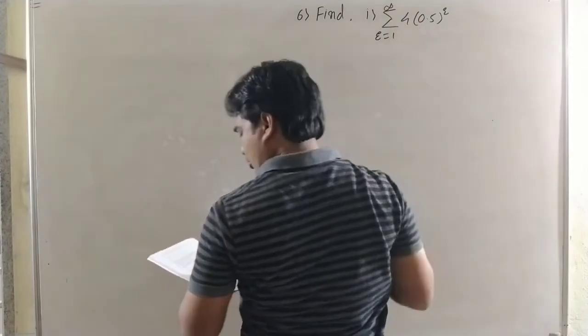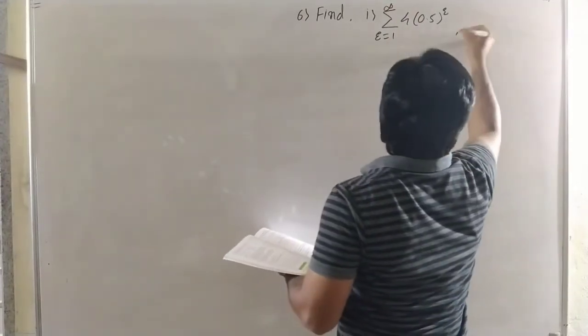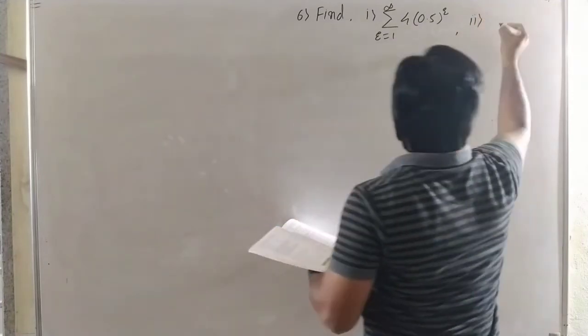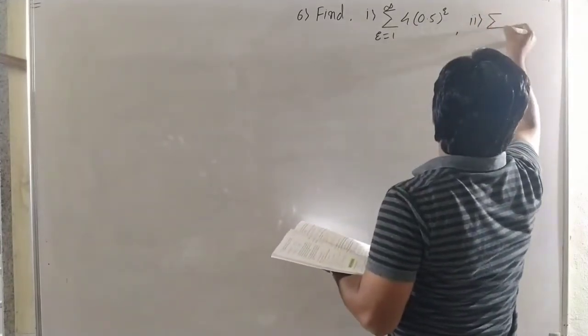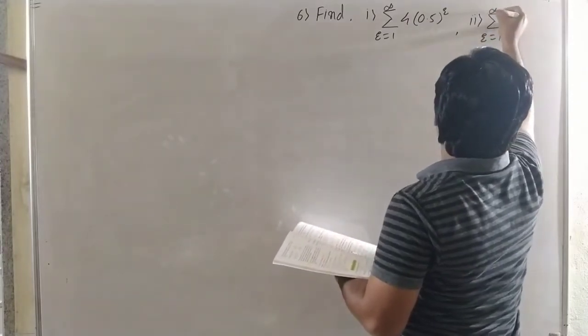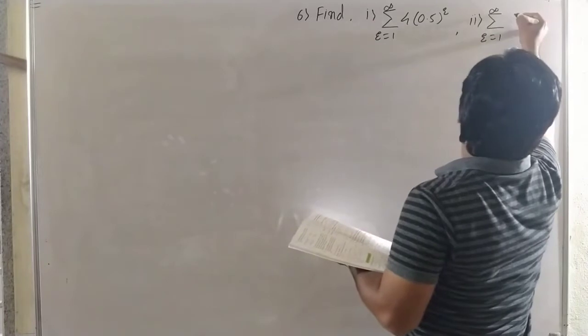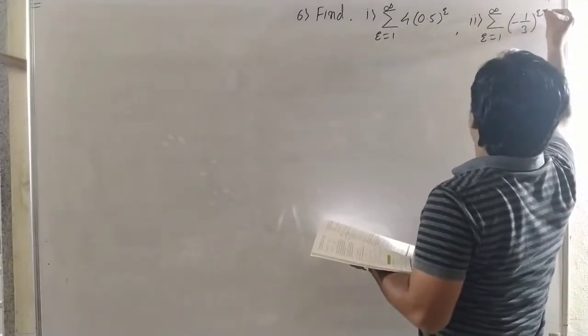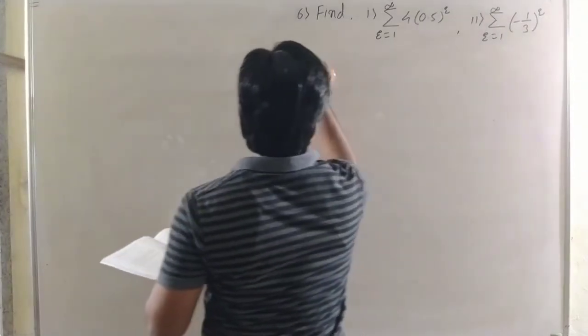That means the sum of the infinite terms. Second example: summation over r is equal to 1 to infinity of minus 1 by 3 to the power r. Then third,